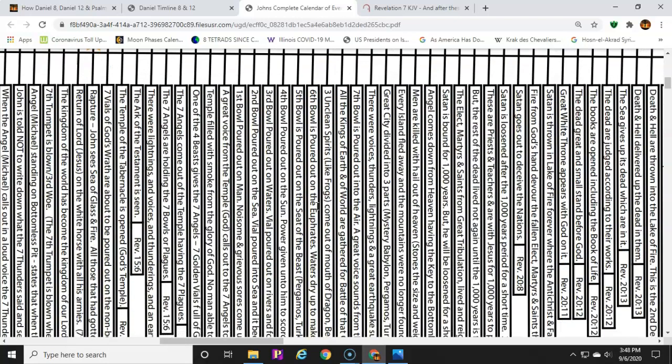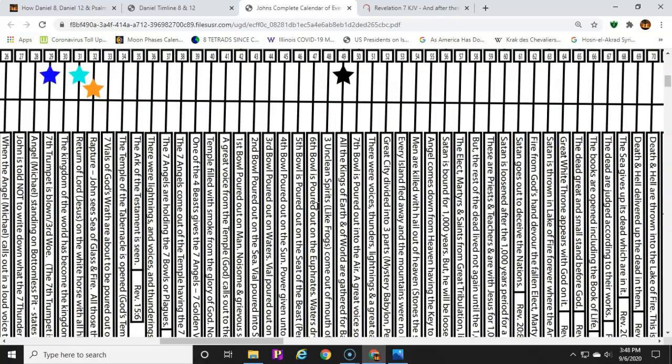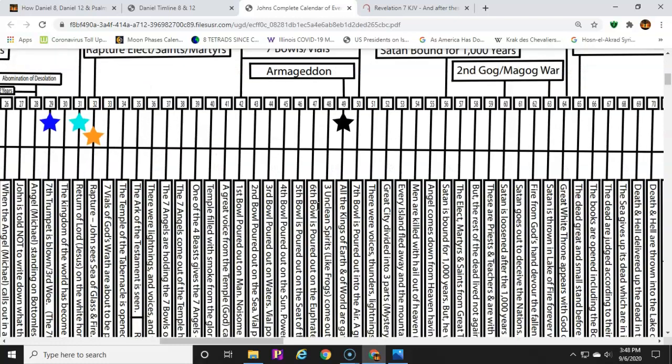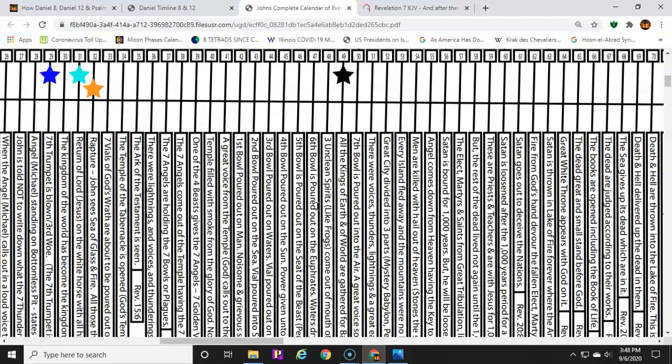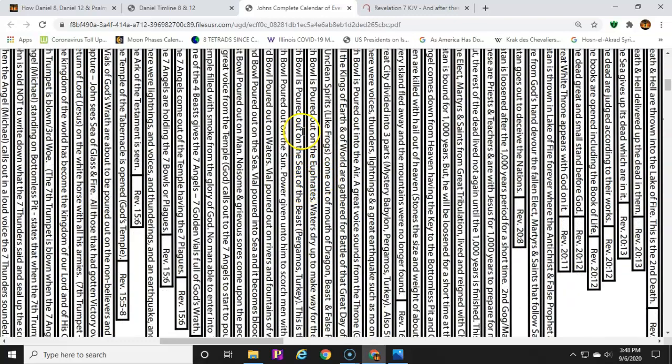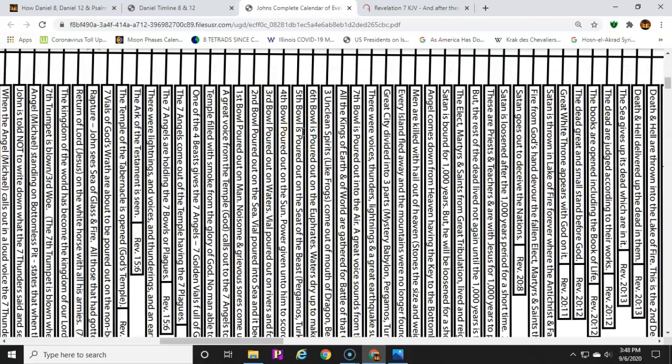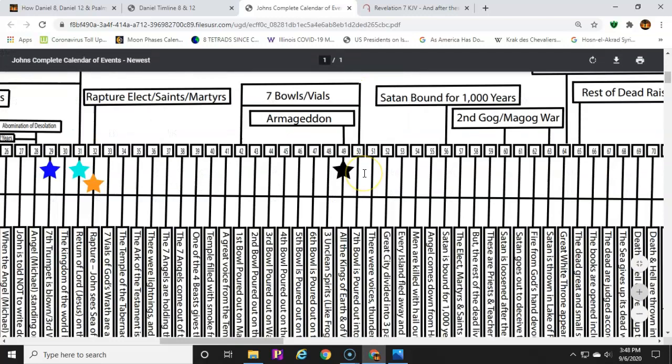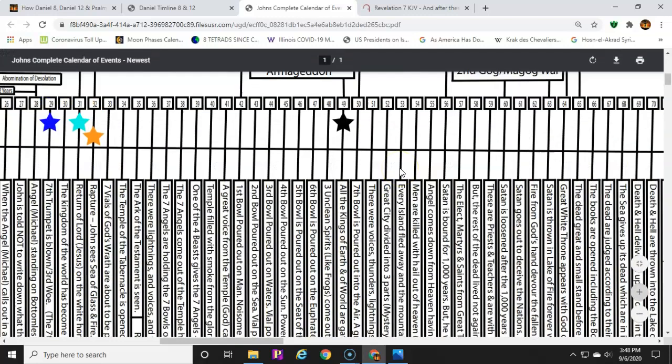And you may not agree with my Mystery Babylon concept or theory. You may think it's somewhere else like Mecca. That's fine. I don't believe there's any passages that tell us directly that it is, but there is one here that tells us clearly that he's going to pour this out on the seed of the beast, and the seed of the beast is written to the letter of the 7 churches, and that tells us that is Pergamus. So I'm going to go with what God tells me and not what I think it means.